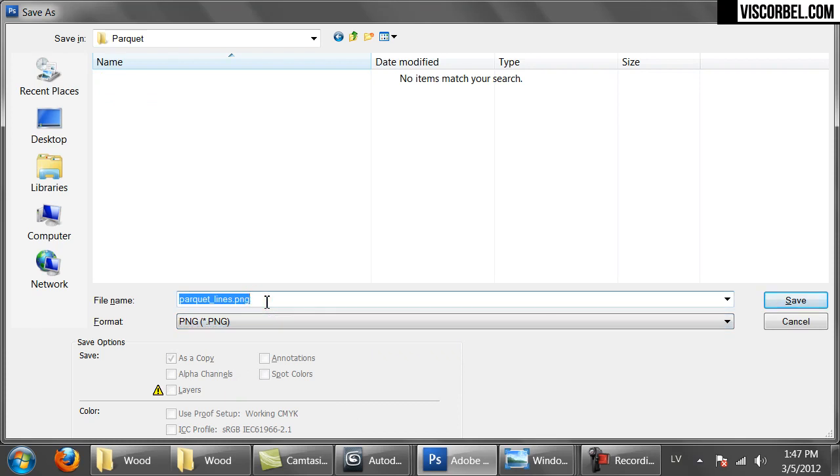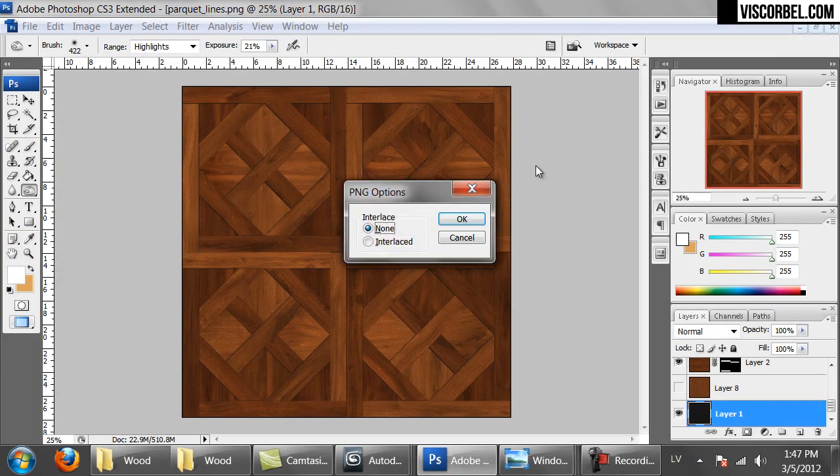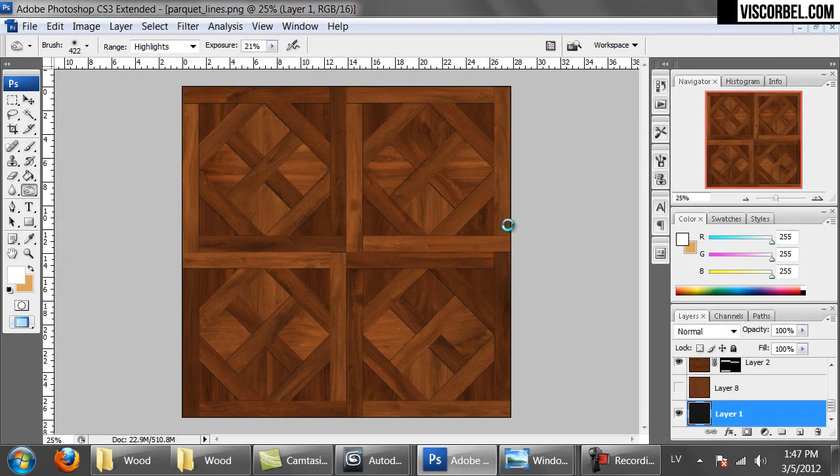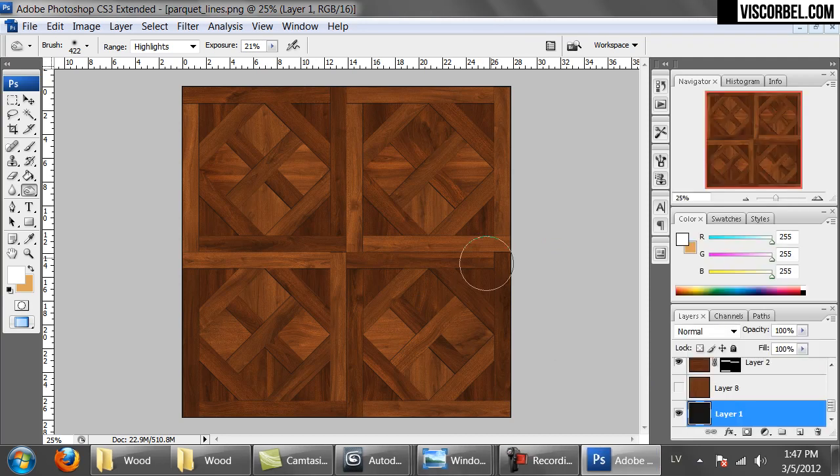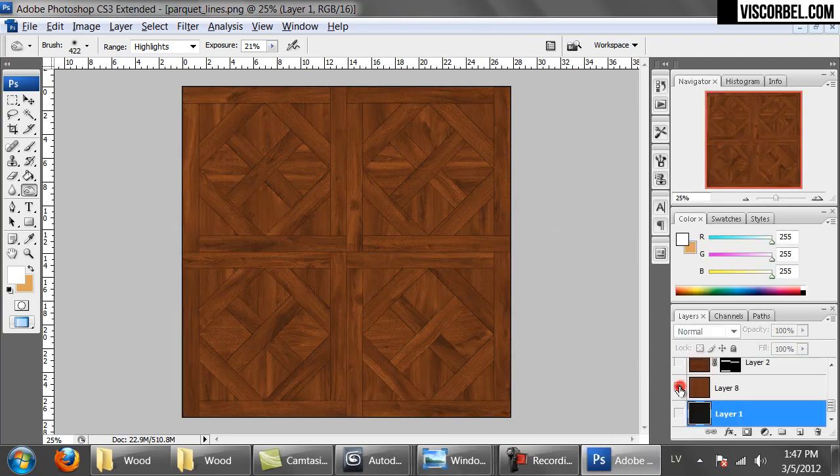Save it as a PNG. Okay. Now we need to create the reflect map. For this I'm going to use the copied layer we made before making the color adjustments. Taking some time to save. Okay, so go back to this layer,